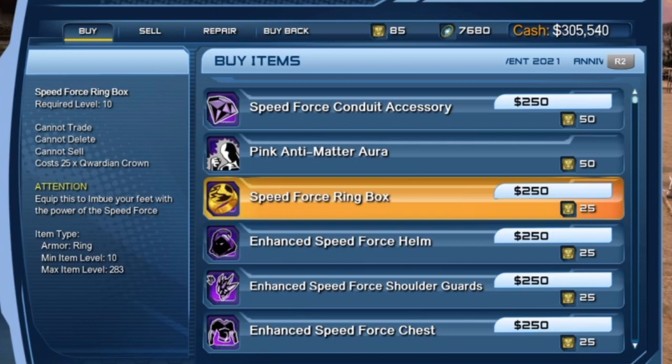And here we have the Speed Force ring box. So it seems to give us a ring, and it imbues our feet with the power of the Speed Force. So my guess would be that it probably gives the super speed to your character. I'm not sure why people want to have that, but...